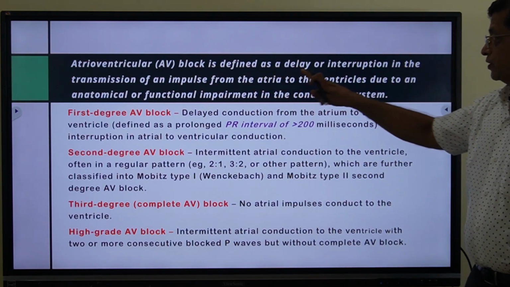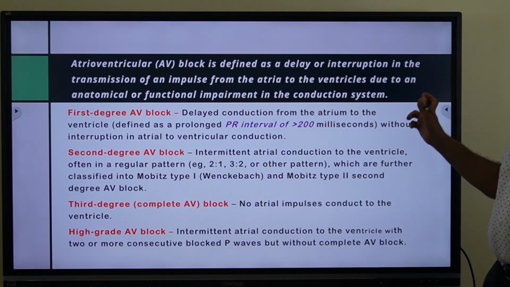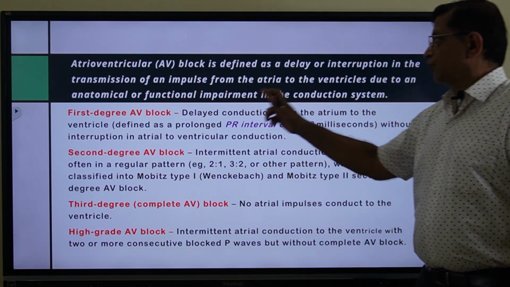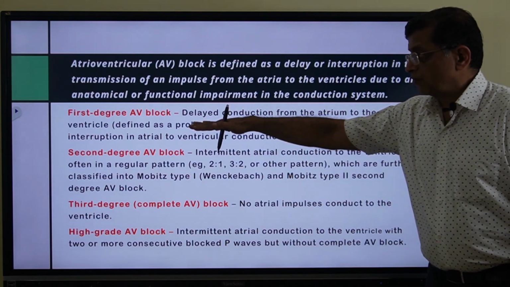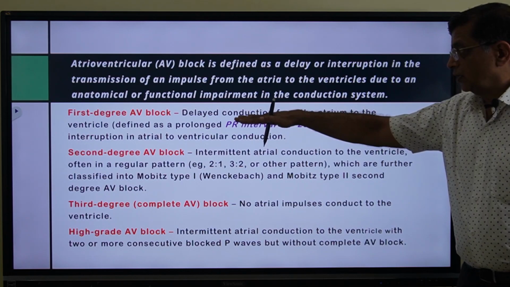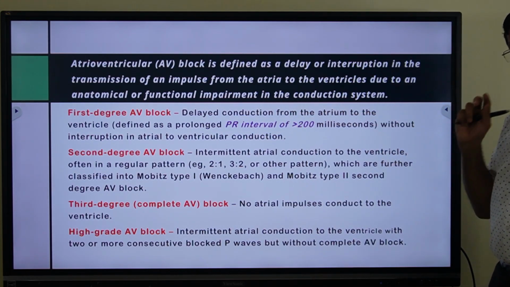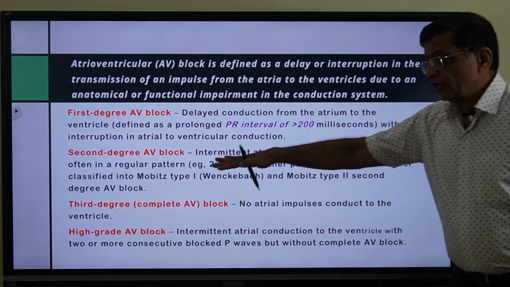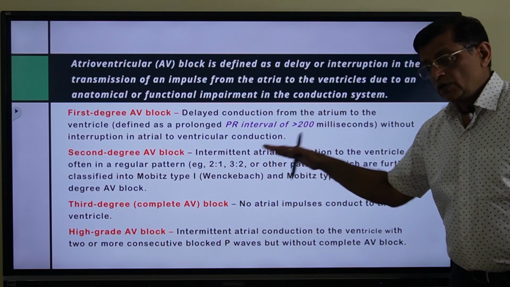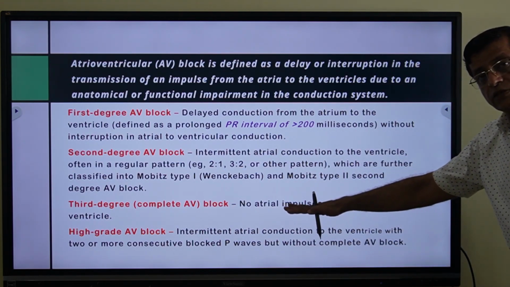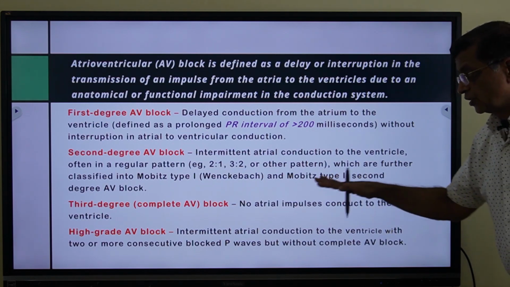AV block is defined as a delay or interruption in transmission of impulse from atria to the ventricles due to anatomical or functional impairment in the conduction system. Like we said, first degree AV block is said to be present when the PR interval is more than 200 milliseconds or 5 small squares. When some of the atrial impulses are not conducted to the ventricles, that becomes second degree AV block. And when no atrial impulses are conducted to the ventricle, that is third degree AV block